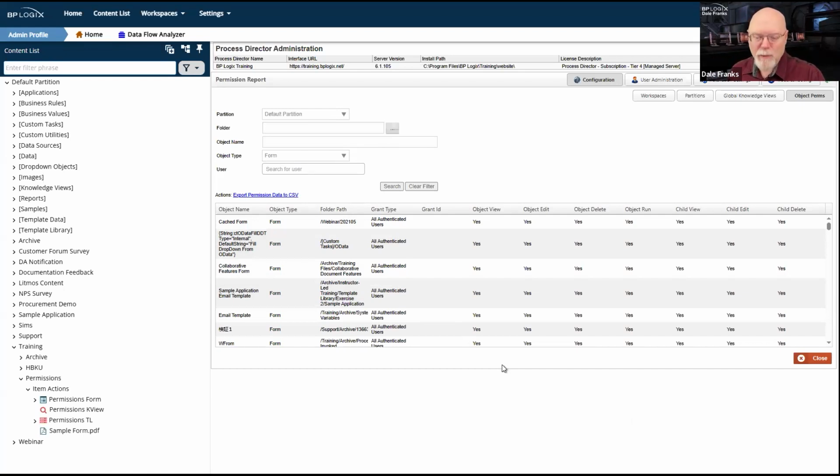In this particular case, I have set the object permissions search feature to look in the default partition and look at all the forms and return all of the forms along with their associated permission. As you can tell, most of my permissions are exactly the same for pretty much everything, which may not be the case in your default installation. Every object has permissions so that we can determine who is allowed to look at different objects in our system.